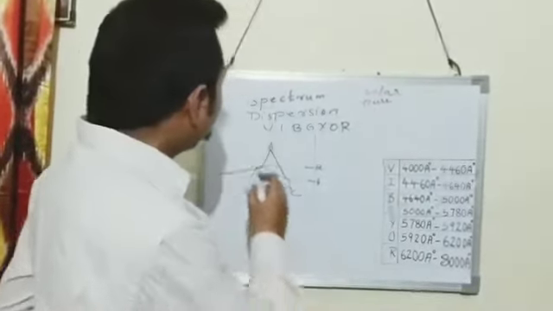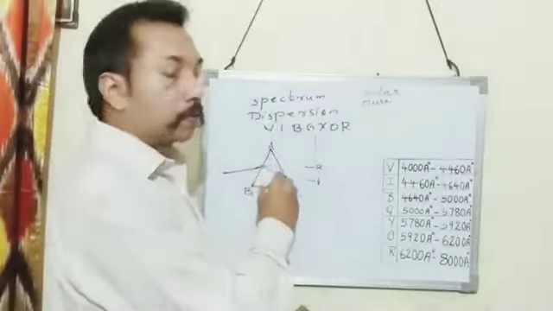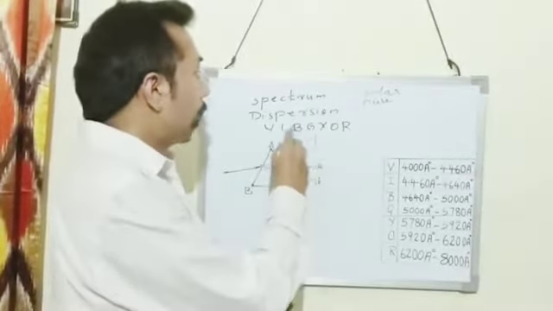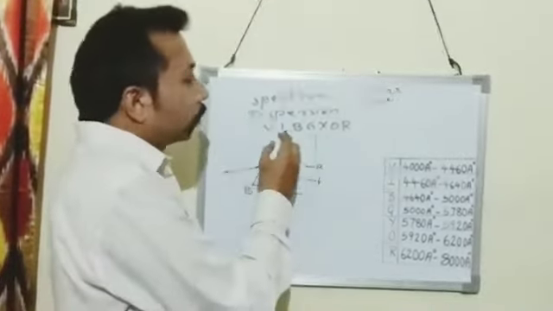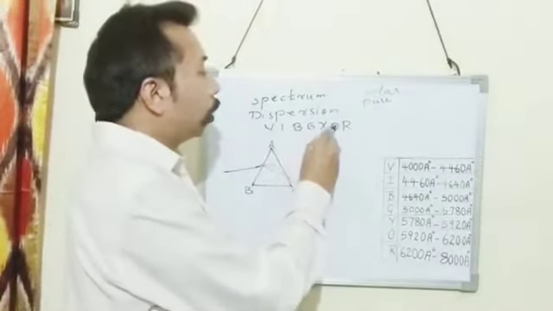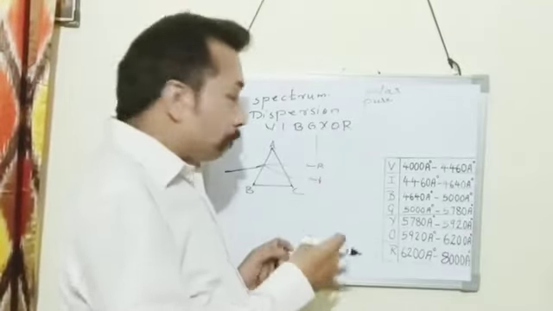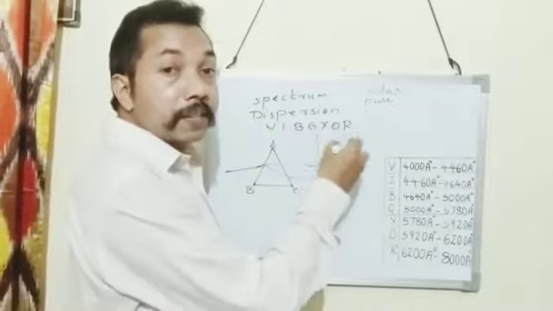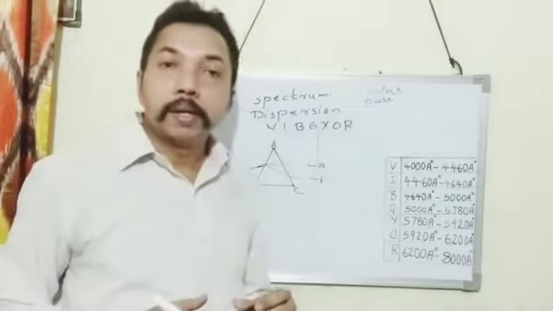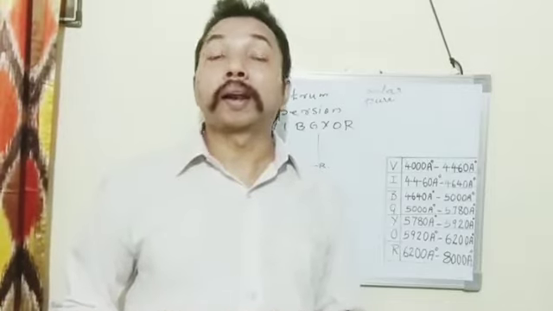Pure spectrum. If we use a ray of white light and pass it through a triangular prism, then we get a band of 7 colors. In this band, we can see all these 7 colors: violet, indigo, blue, green, yellow, orange, and red separately without merging. That is called a pure spectrum. So, in a pure spectrum, the various colors can be seen without overlapping.